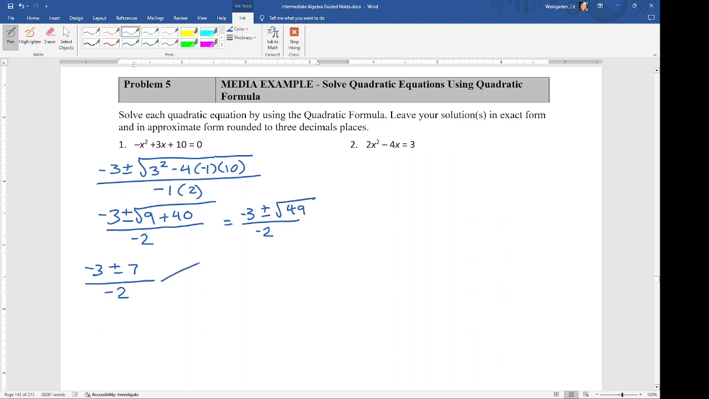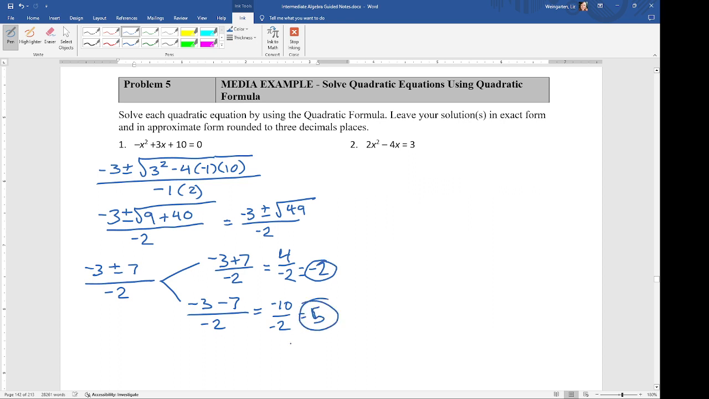We're going to have to split this out. Negative 3 plus 7 over negative 2. Negative 3 minus 7 over negative 2. So we'll end up with 4 over negative 2 and negative 10 over negative 2. This gives us a negative 2 as an answer, and this gives us a 5